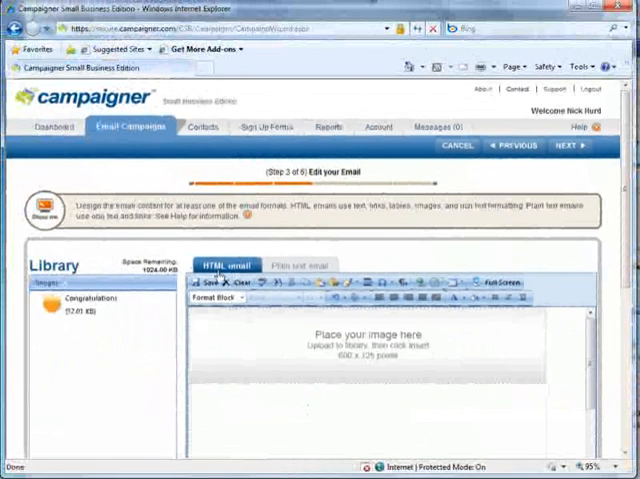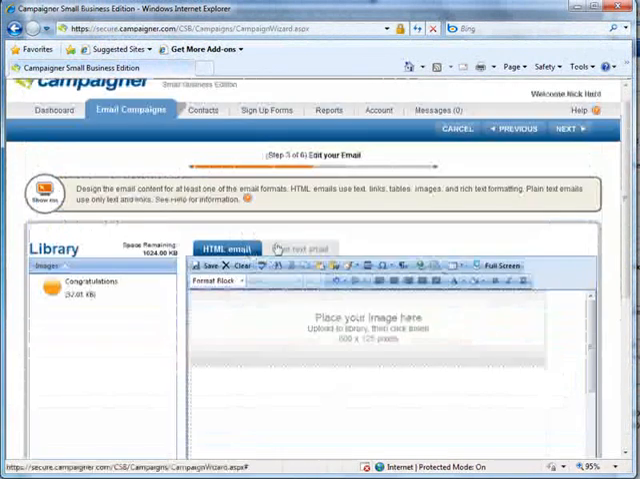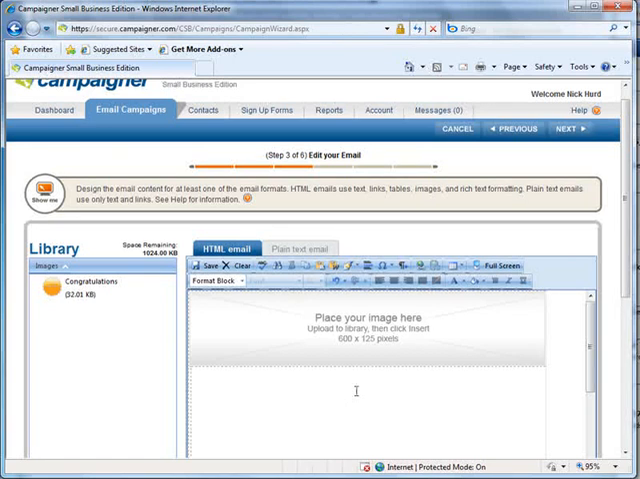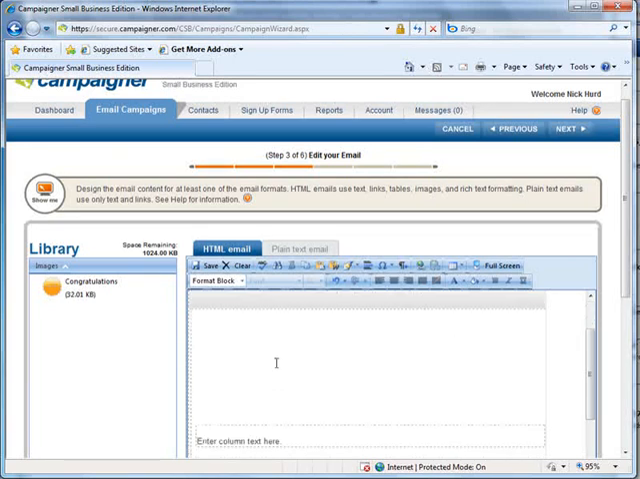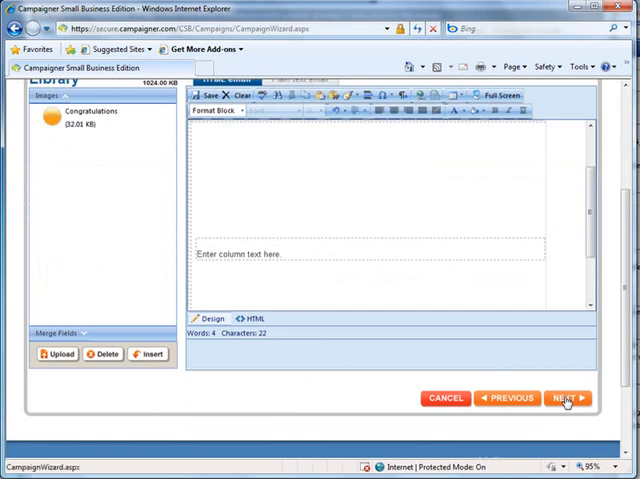So we have HTML email and we have plain text email, and if I'm remembering correctly, no, I'm mistaken. Alright, so we can set it up as HTML or as plain text, and I believe that they offer the ability to copy the HTML over to the plain text. So we could create the email, column text, header information and so forth here, and then we would click on Next, and so now